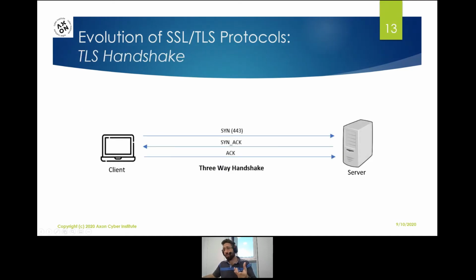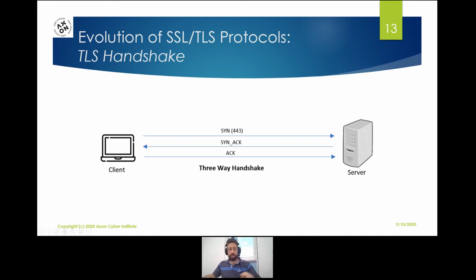Let's look at the handshake. How does the handshake look? When you first connect, let's say the server here is Google, and this is your browser, Firefox or Chrome, and then you type google.com. What happens is your machine would do the typical three-way handshake, SYN, SYN-ACK, and ACK to port